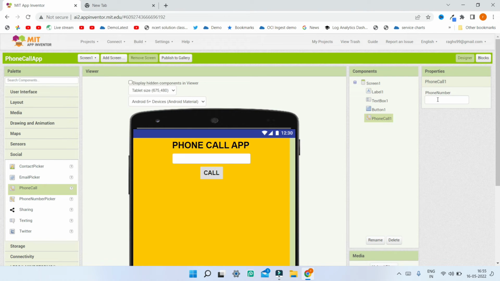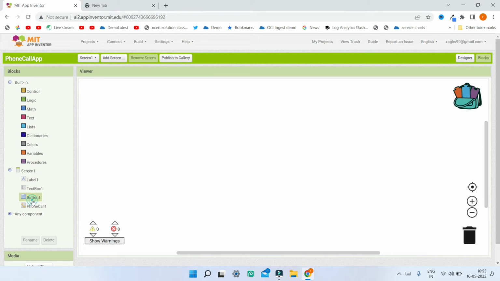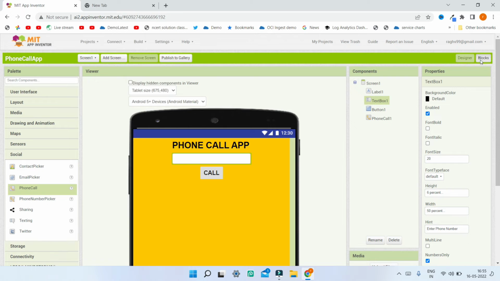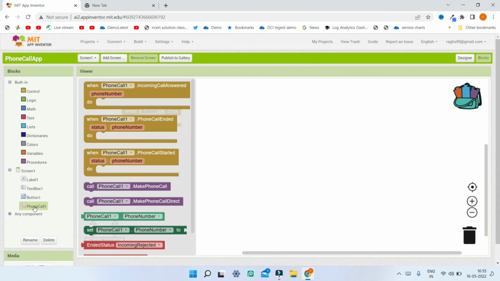So over here in the properties you can enter the phone number, but we are going to do this in the block section because we will get the text box 1.text. Now let me go to the block section. So when button 1 is clicked, so button 1 is the call button over here. So when the button 1 is clicked, what we will do is let's go to the phone call component, and